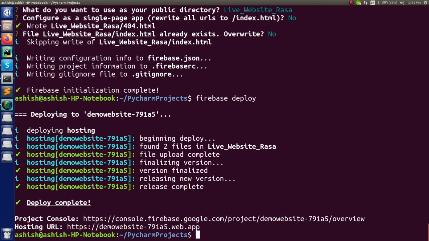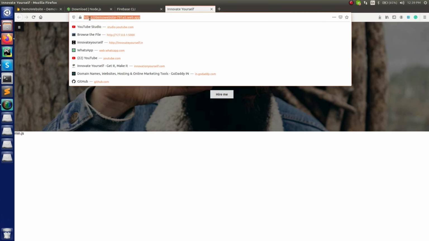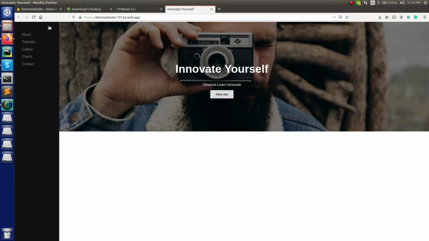So can you see the website is complete, and now you can access your website, access your web page which you created at this. Hosting URL is this. Now let's just open it up. Can you see? This time you have hosted the website, and this website is an HTTPS website, and this is the URL for that, which means with respect to this URL you can further access your website, right? So this is how we have done that part, right?